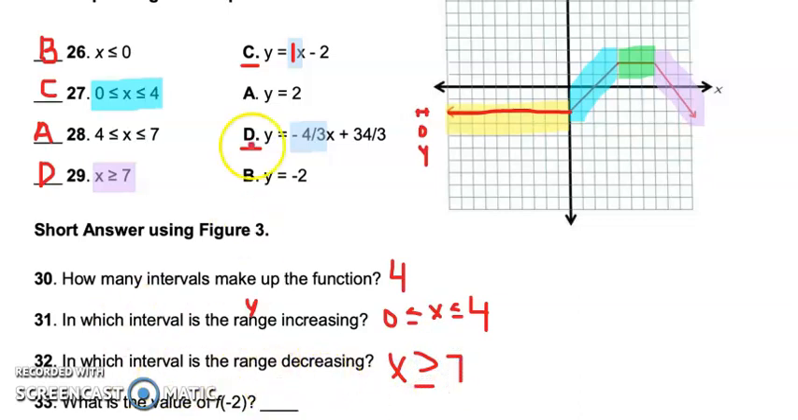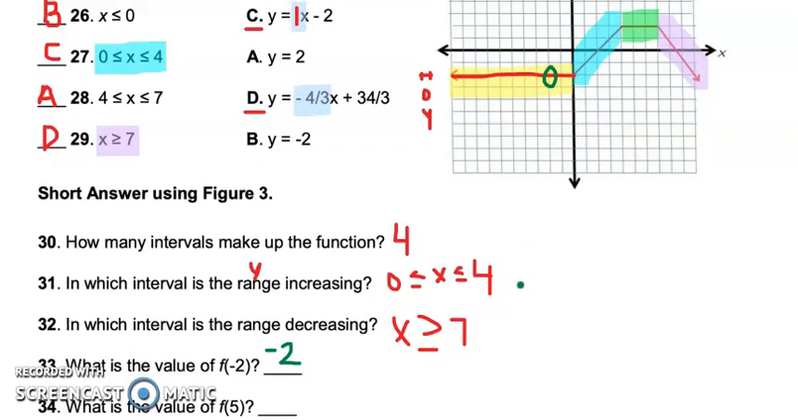What's the value of x when f is -2? So I'm going to look at -2. That would be right here in my yellow section. And my output for that one was also -2, so the x and the y value matched on that one. And then lastly, the value of 5, 1, 2, 3, 4, 5. So that is going to be in my green section. And my output for that one has a y value of